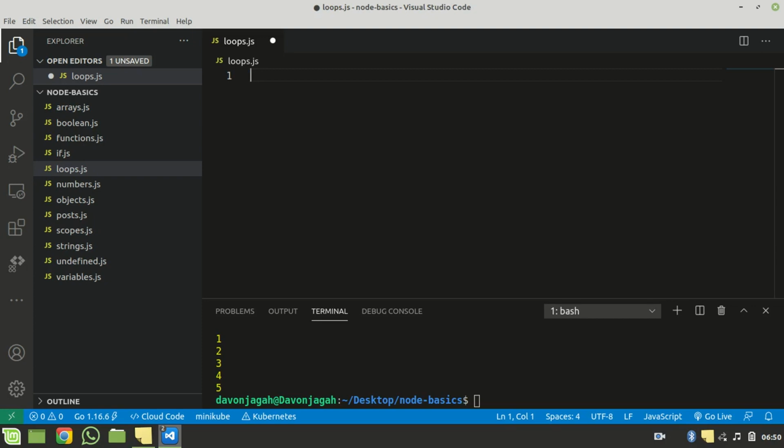We have the while loop, which loops through a block of code while a specified condition is met, and the do while loop, which also loops through a block of code while a specified condition is met. And we also have the forEach loop, which is a JavaScript array function that we can use to loop through an array. We are going to be looking at a couple of them in this video, and maybe we'll continue with